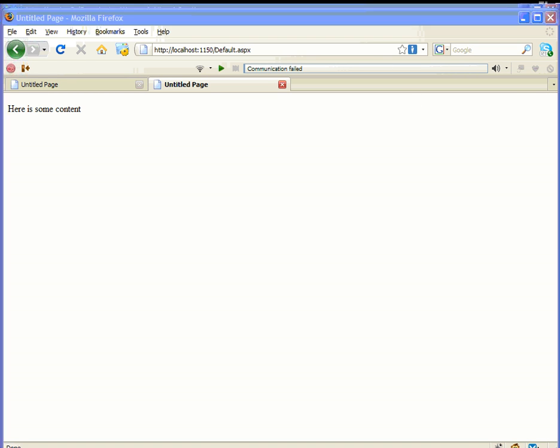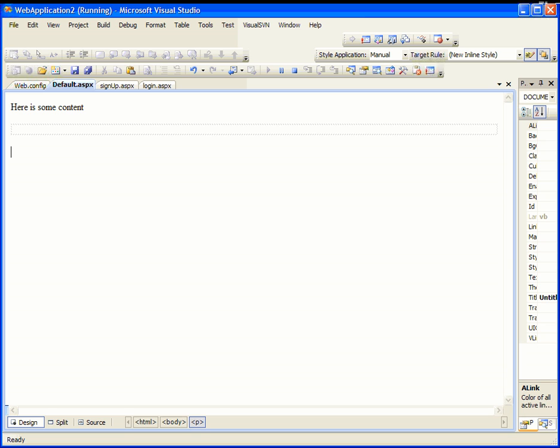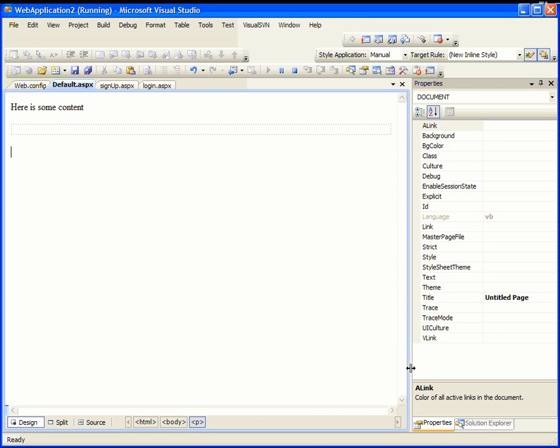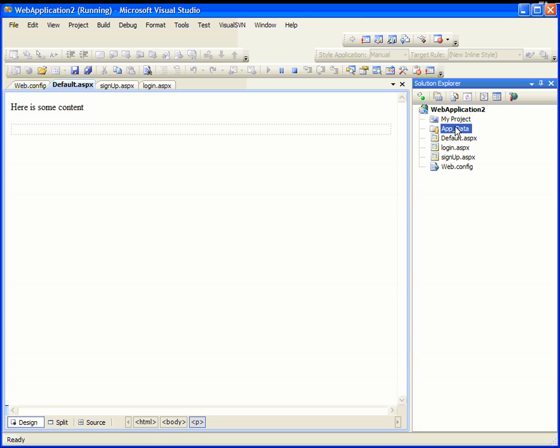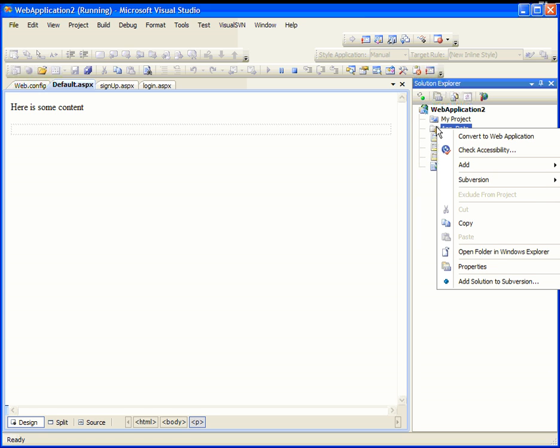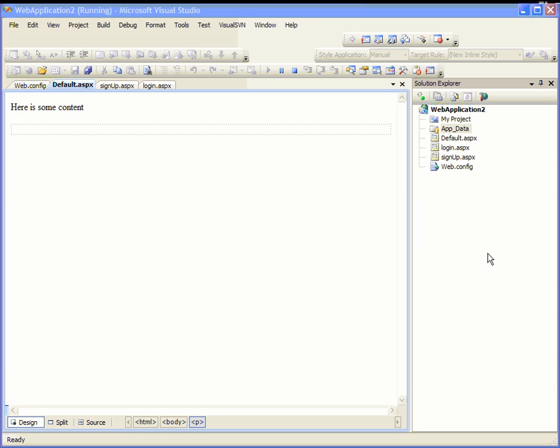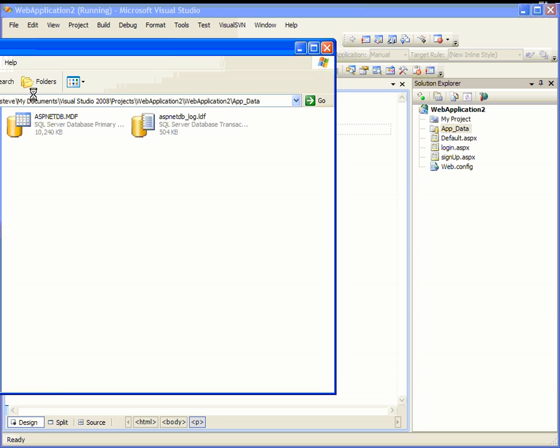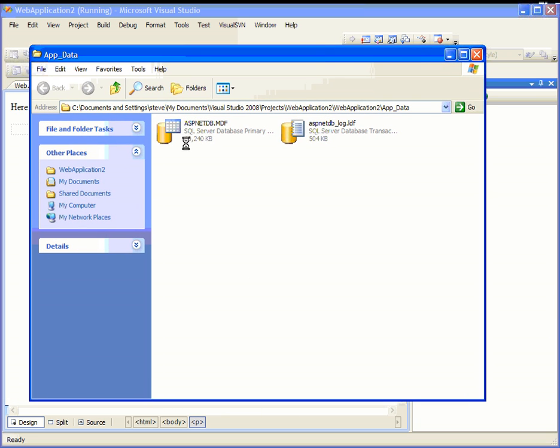Okay, well, what's happened is that in the background, while we've been doing all this, Visual Studio has created a number of very interesting things. If we go in the App_Data folder and we right click and we use open folder in Windows Explorer, what we should see in that folder are two files being created: aspnet.mdf, aspnet_log.ldf. And essentially what these are SQL Server databases which contain